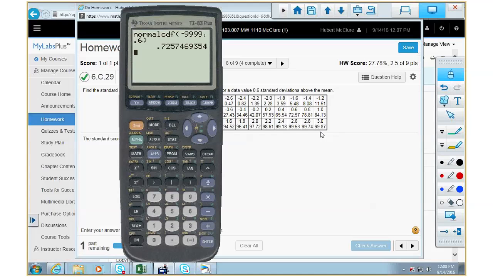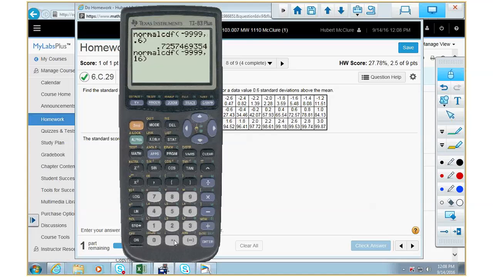Now, is that what we got? 0.72, I think it was 72.57, right? Now remember, it's given us area and probability. If you want to change it to percent, you have to move it 2 places to the right, which would be 72.57. So let's do it again. Now you don't have to type it in, you just hit second entry. And let's type in